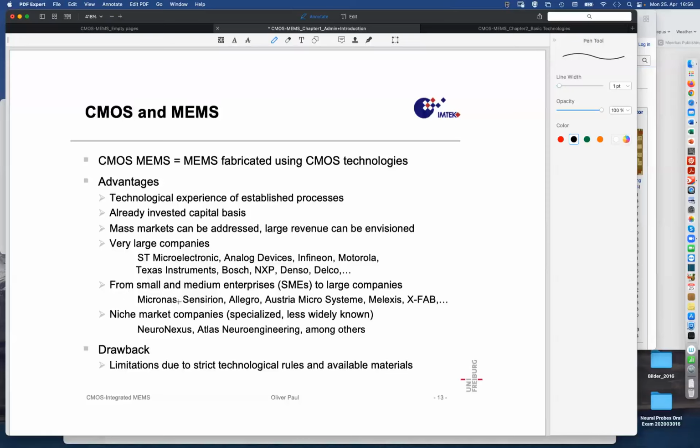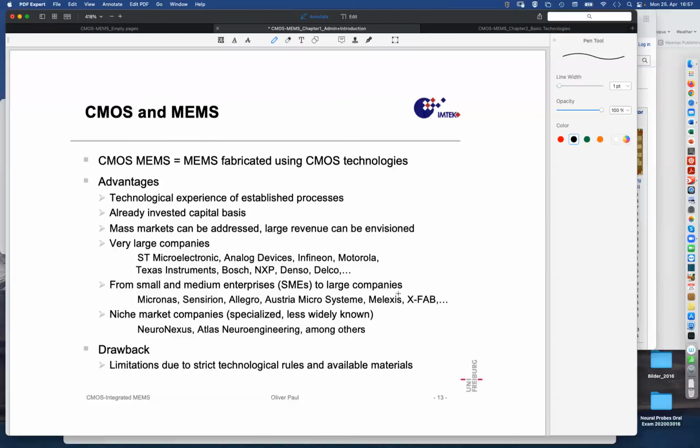There is another company in Switzerland, in Belgium, in 2 locations, Melexis, who does similar things. Allegro is also a magnetic sensor company. Austron Mikrosysteme used to do many things. Now there are a lot in light sensing, but also magnetic sensing. X-FAB has a large portfolio of different technologies that they